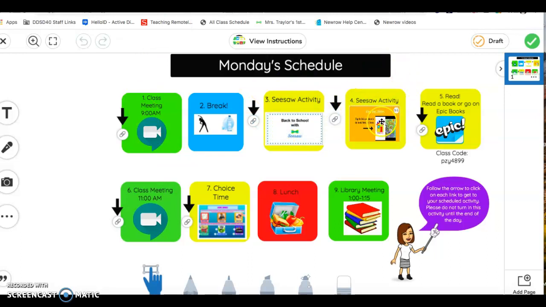And then if I'm done with that, maybe I get up and walk around for a minute and get a drink of water if I want to. And then I can come back and I can read a book if you have books at your house, or you can go on Epic by clicking on the link and putting in this class code,